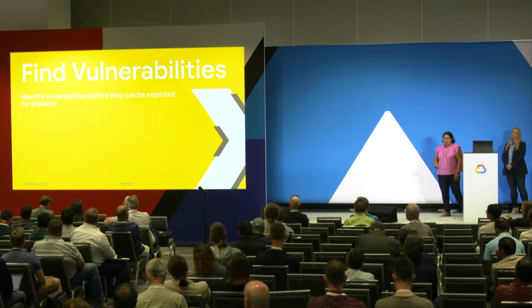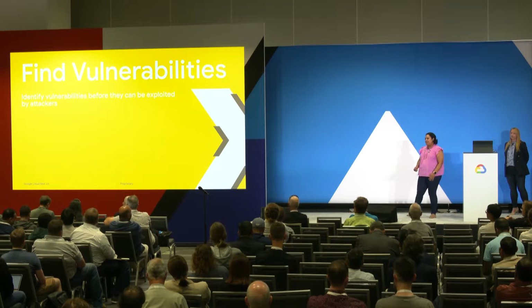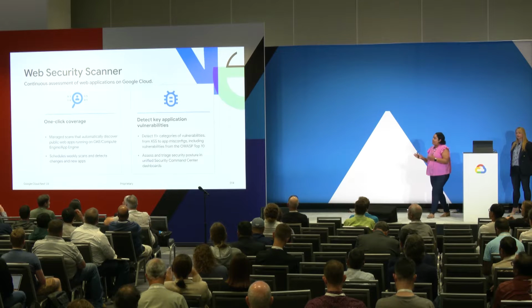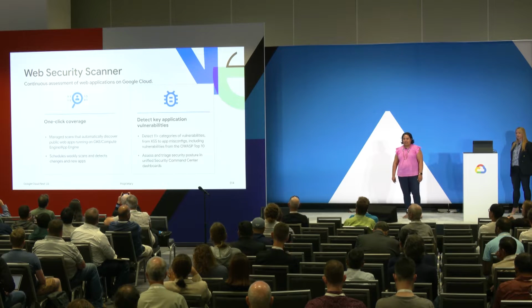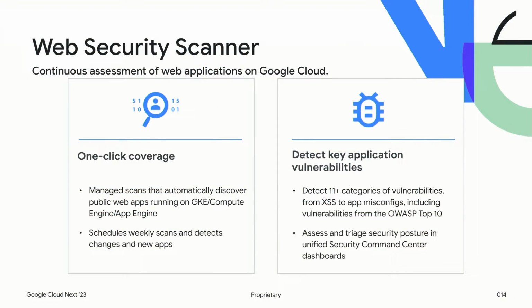So we talked a little bit about the first set of technologies, which is around misconfigurations. The next set of things I want to talk about, the second one, is around software vulnerabilities. Managing risk is about managing your misconfigurations and your vulnerabilities. So I'm excited to share Web Security Scanner. This is the same exact technology that Google uses to protect its web applications. If you've built applications on top of Google Compute Engine or Kubernetes Engine or App Engine, we actually detect